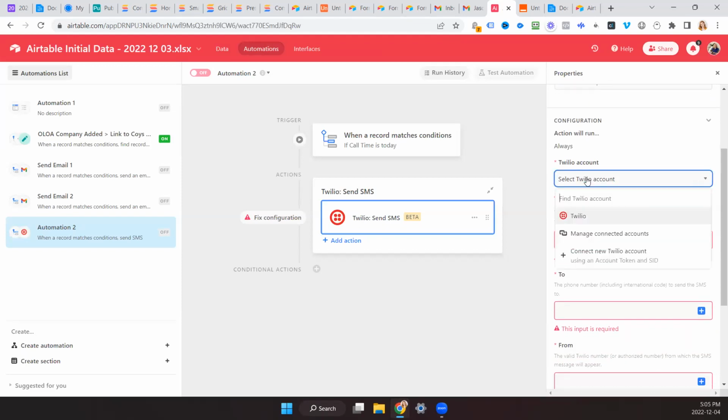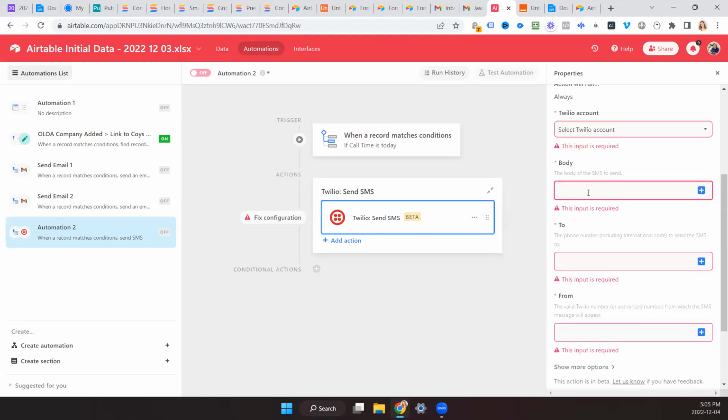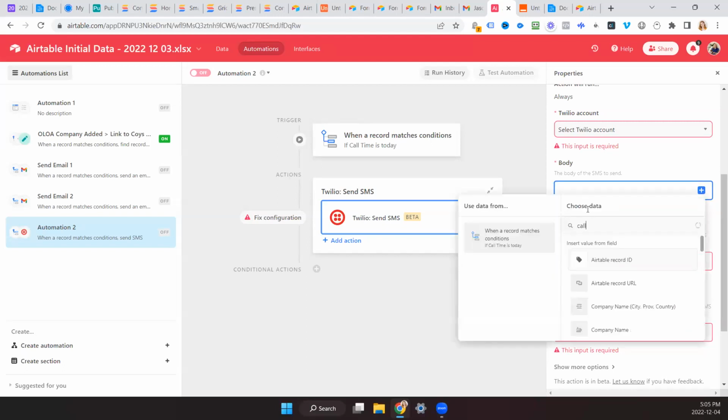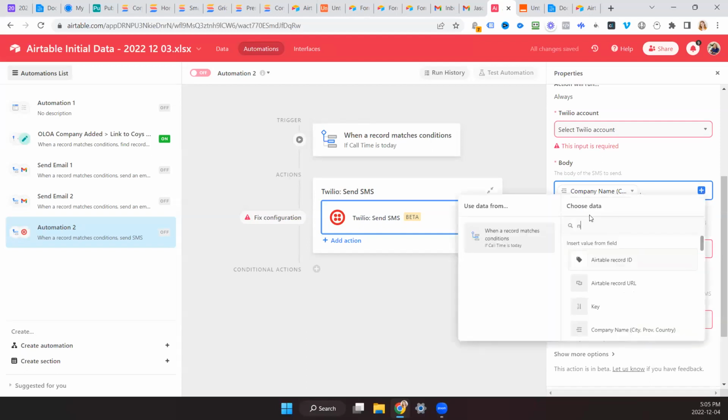So select Twilio account, you need to have one of those. And now you can text yourself the information. So here's where you just say call, or no, company name, number, phone.